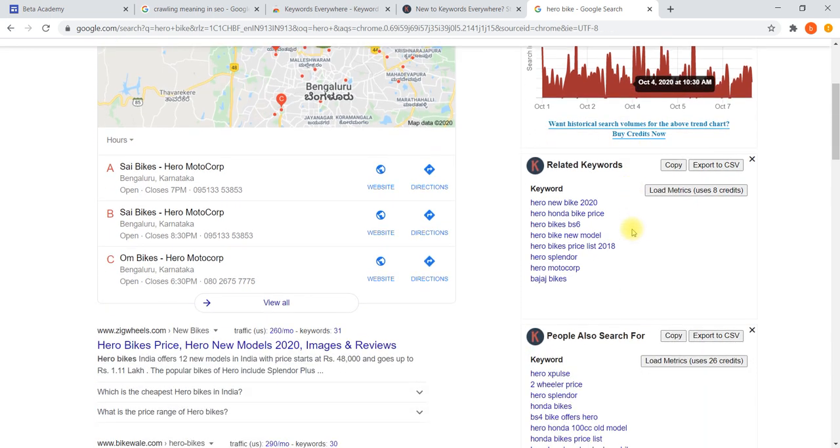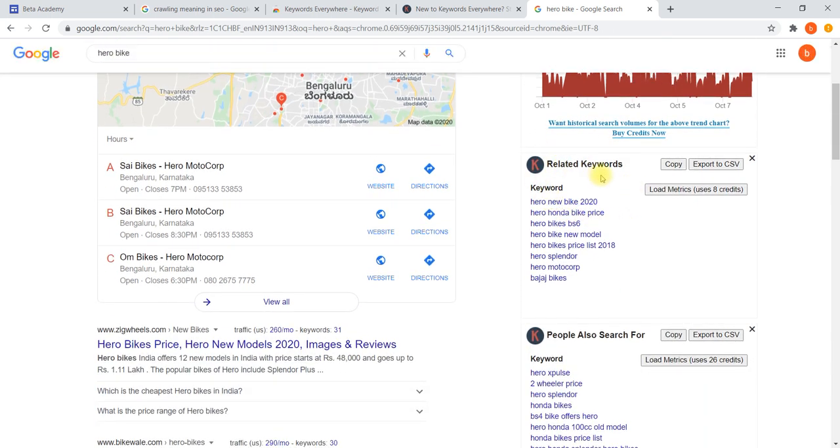Then some related keywords it will also give, not only hero bike but other things people have been searching, like hero new bike 2020, hero Honda bike price, hero bike BSX. These are the top searched keywords in Google.